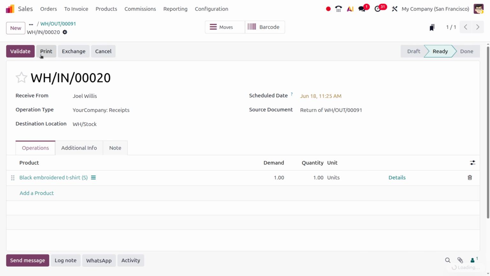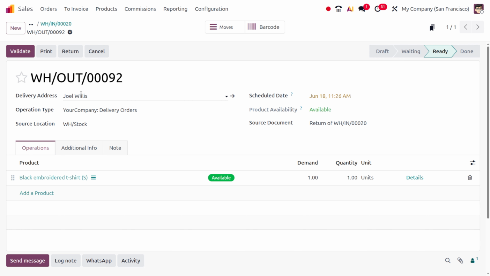So in Odoo 20, you can see that when the customer tries to return the item, they will be getting 2 options. Either they can return the item or exchange the item. So here you can see that we have a dedicated button to manage the exchange of the item, and we can choose the button so that even if the customer wants to return the item, when they get the option of exchanging the item, they will think whether they need to return the item or whether they want to exchange the item. So we can just go ahead with the exchange option, and Odoo will let you exchange